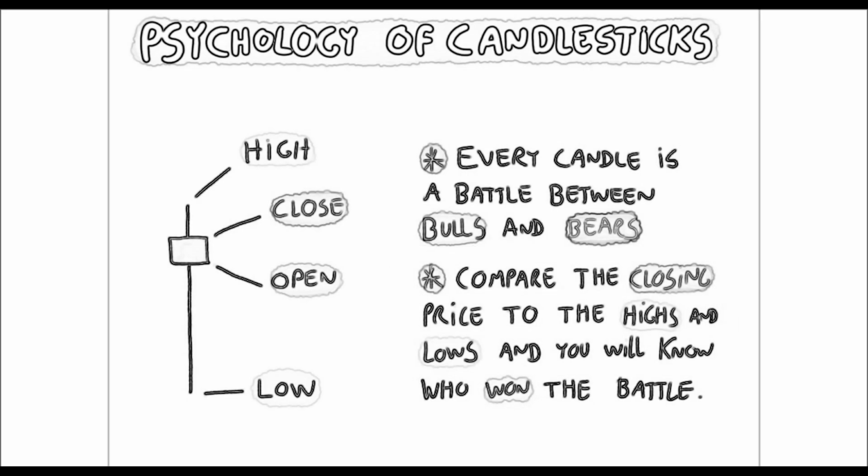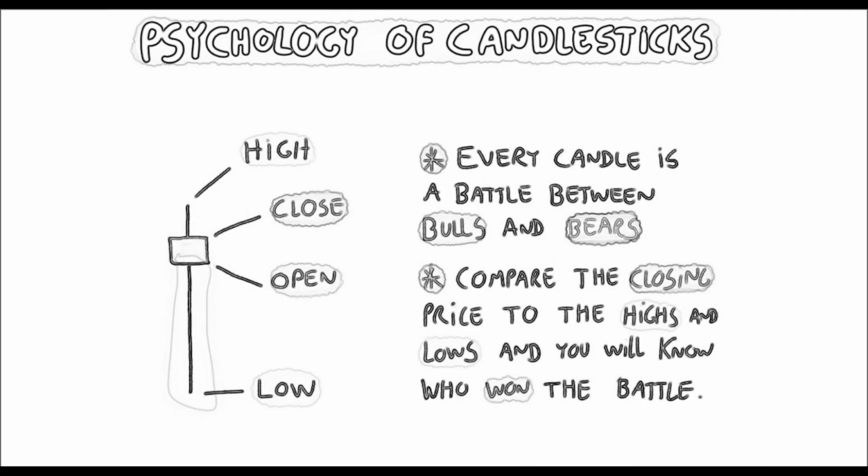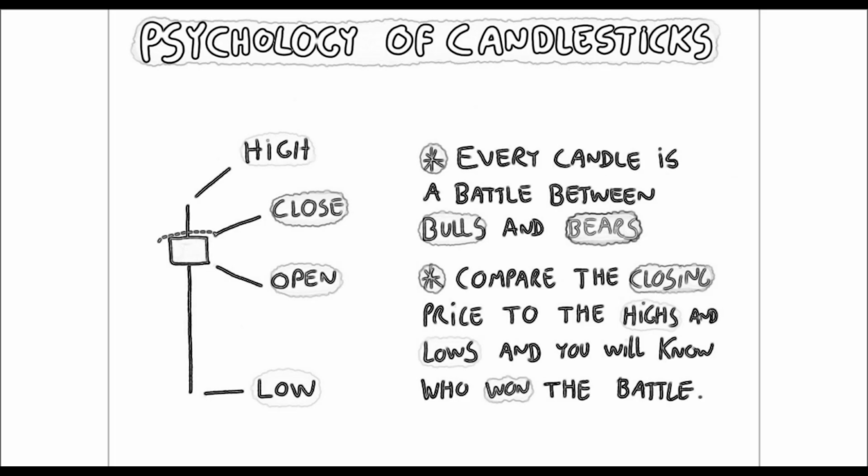So look at this candle right here, no? We know it opened around here and it closed around here. But look at this super long bottom wick. What is it saying? That the bears were pushing really hard, yet the bulls managed to recover and drive the price all the way up here again, no? And, well, the maximum was here, but when they closed, it's over here. So it's saying that there is a lot of bear pressure accumulated over there. There's a lot of sell intent. It's starting to make sense.